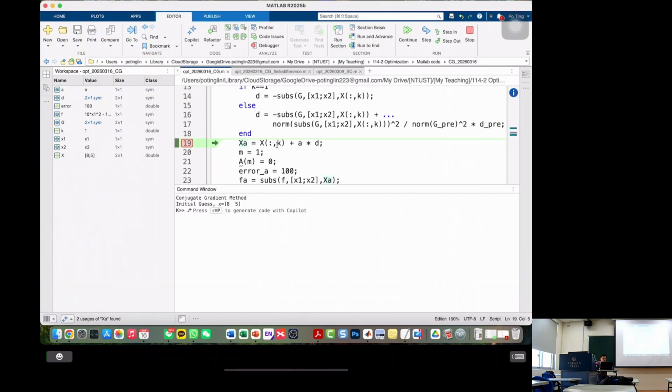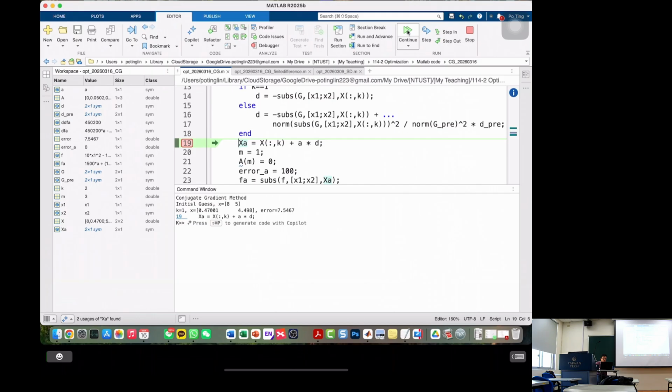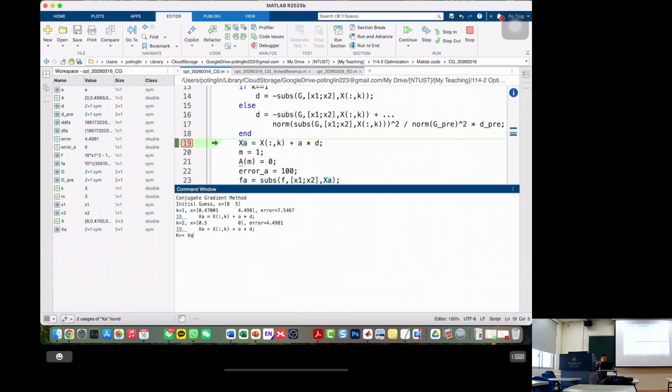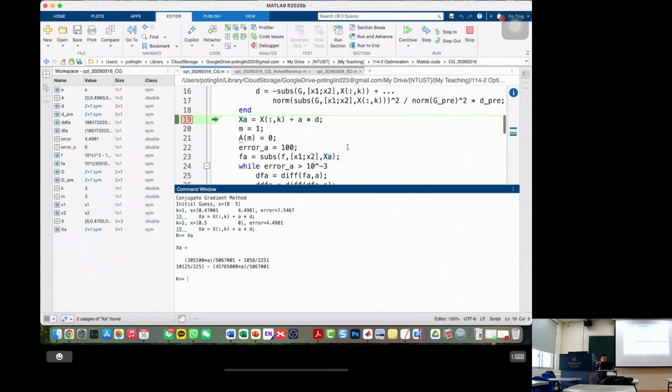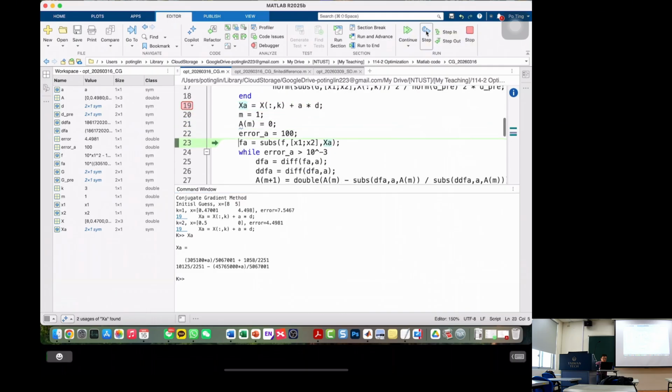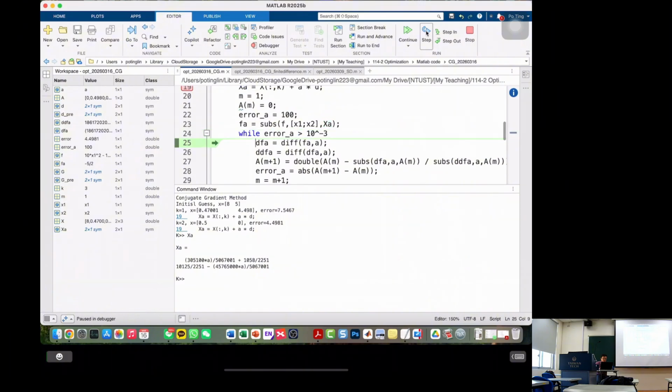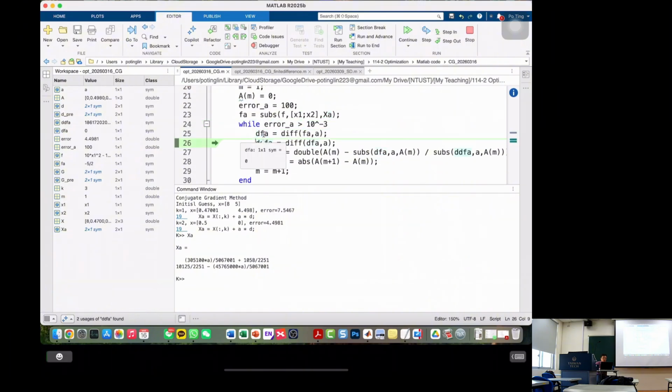Okay. Second iteration, third iteration, okay. Yep. Here, 0 over 0. 0 over 0, so not a number. So my code didn't try to avoid 0 over 0. So right here I should say